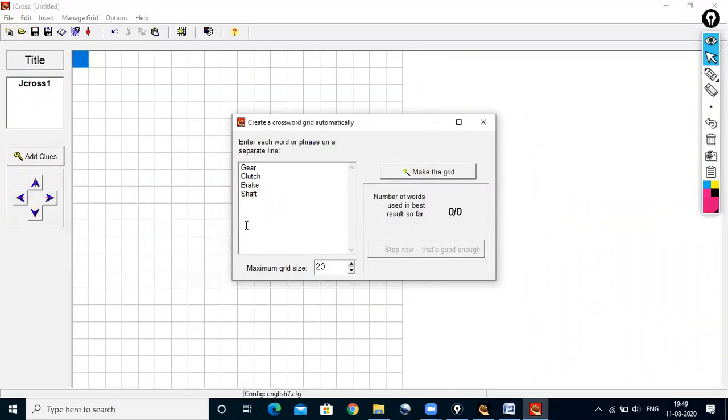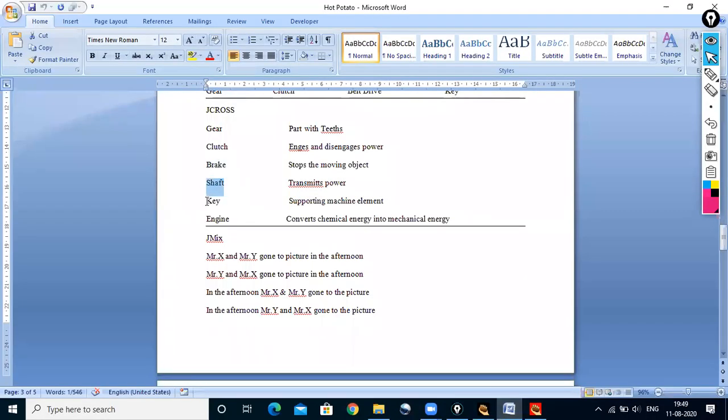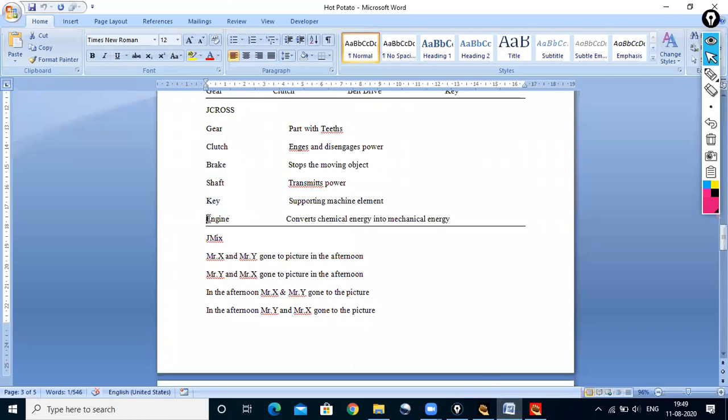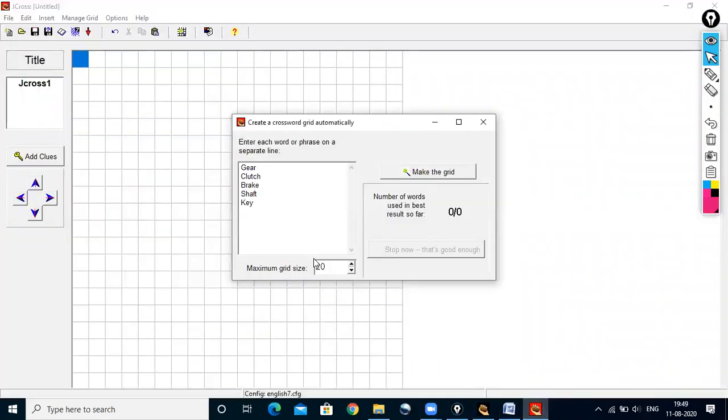You have to arrange that words one below another. Next word is the key. And last word is engine. Copy paste. Now after adding these words of which crossword I have to form, I can change the maximum